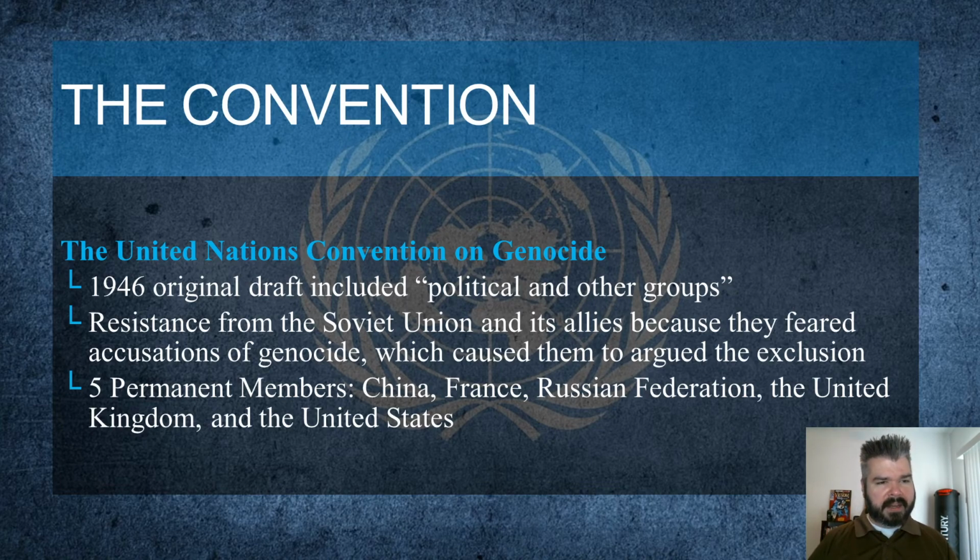So the United Nations Convention on Genocide, its original drafting, included political and other groups. However, the Soviet Union, i.e. Russia, resisted it. And the former Soviet Union allies resisted it. Why? Because they feared accusations of genocide themselves. We have to remember, while